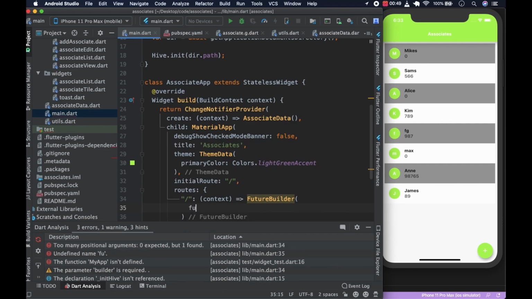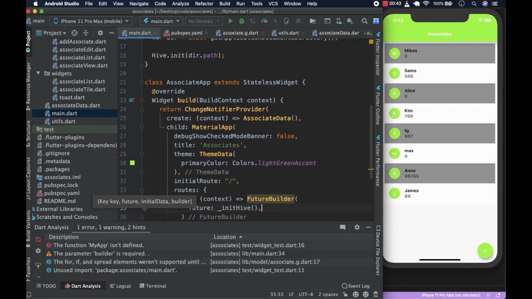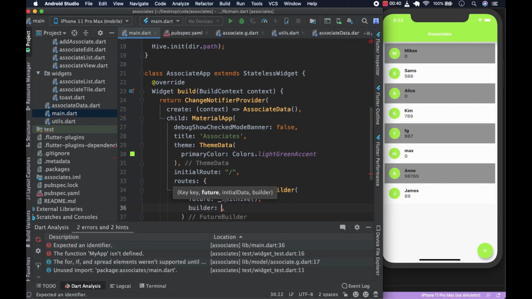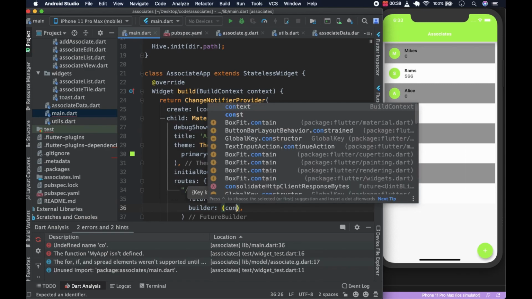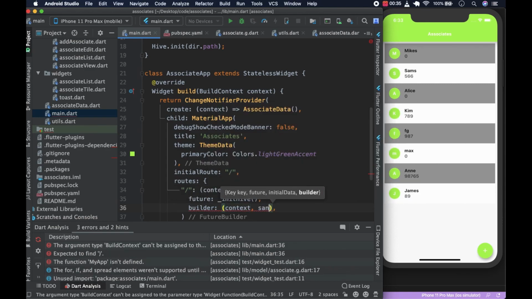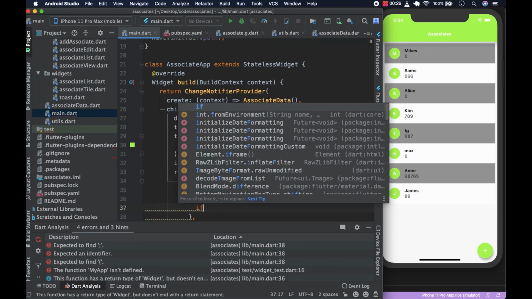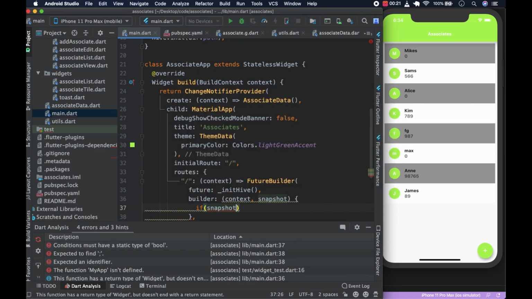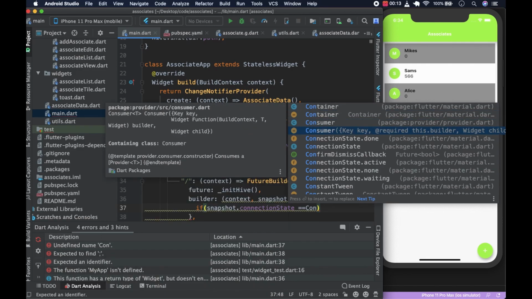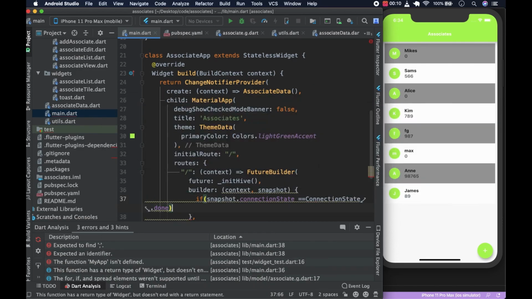The future is going to be colon _initHive like this, and the builder is going to take in the context and a snapshot. You can check out the documentation for all this, and we could say if snapshot dot connection state equals connection state dot done, we could have